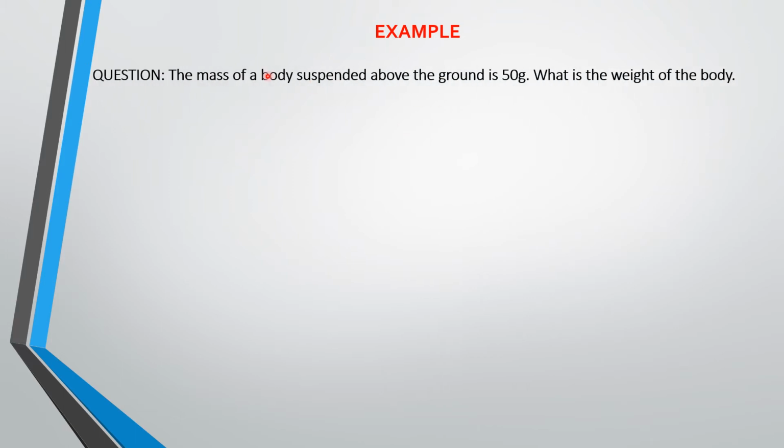So we are taking an example to drive home that point. The question says the mass of a body suspended above the ground is 50 grams. What is the weight of the body? We have said that weight is given as mass times acceleration due to gravity. We take g to be equal to 10